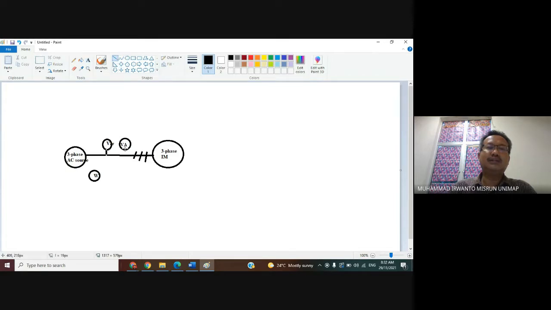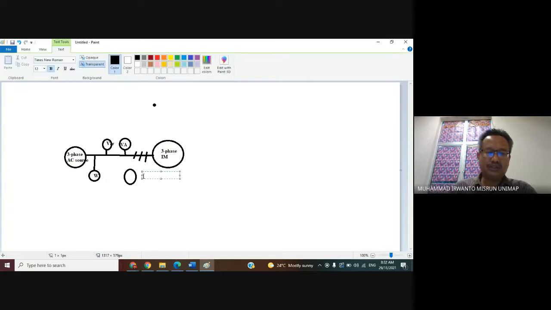Or you can also measure the line-to-neutral or line-to-line voltage. I write here V line to line, for example. It is the symbol for the measurement.